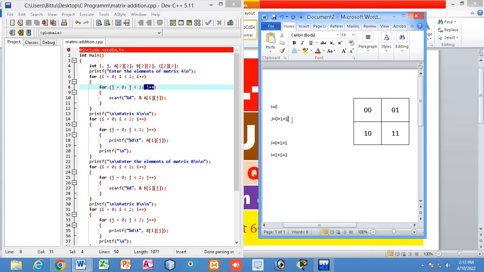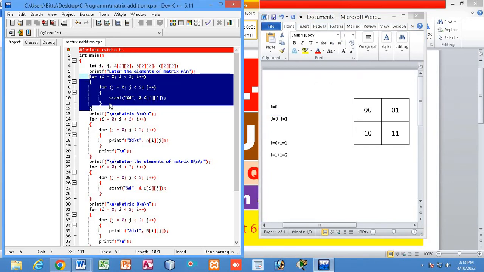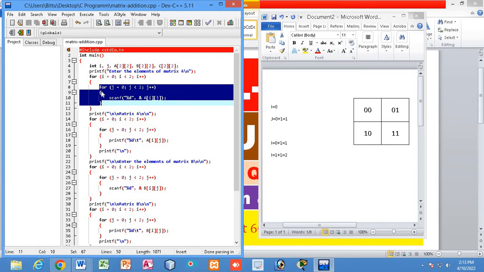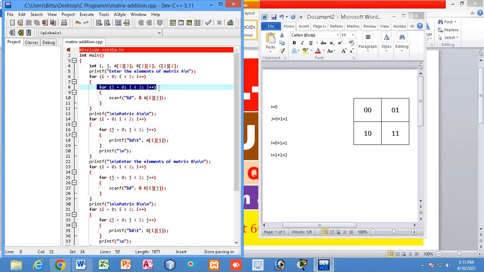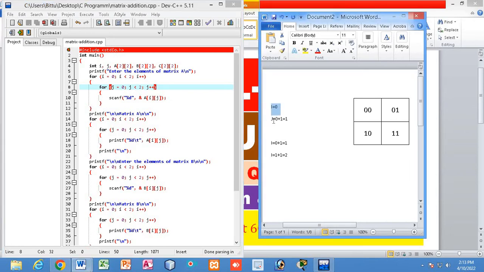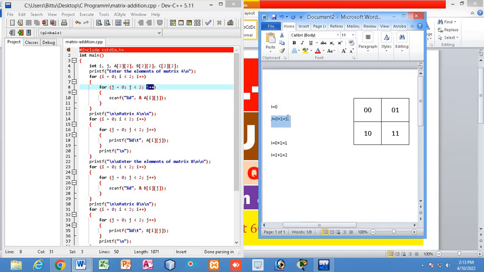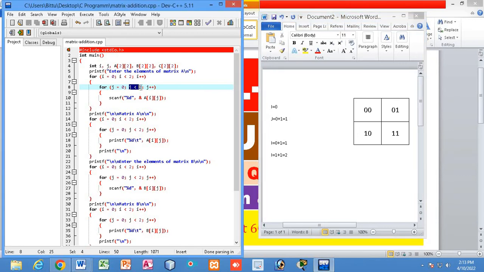Now j will be 1, right? If j will be 1, still i is 0, right? Because we have not exited the external loop, right? But once we have exited from this loop, another time this operation has been checked, and we have noticed that after this increment j plus plus, j equals 1. Previously j was 0, but now j is 1. If j is 1, this j less than 2 has not been violated. That means this scan function will again work,